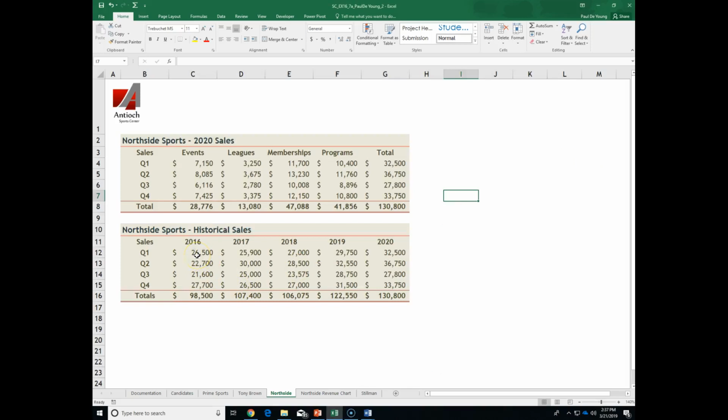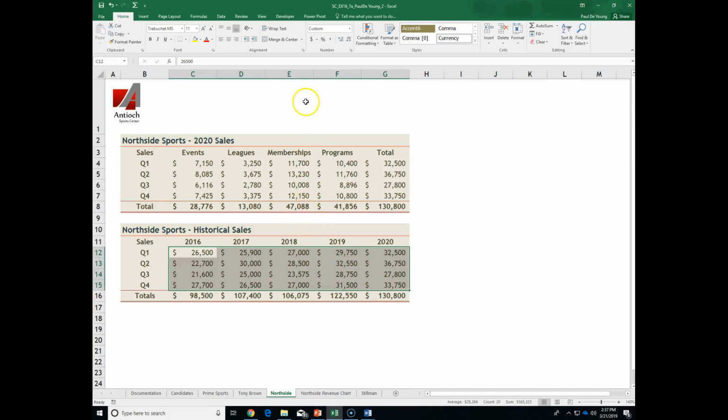There's a cool little feature that you could do in Excel, and that's to graphically show what's going on with the numbers right within the cell. It's kind of like those spark line charts, but it's a little different. So we're going to go down to cells C12 to C15. So highlight C12 to G15,